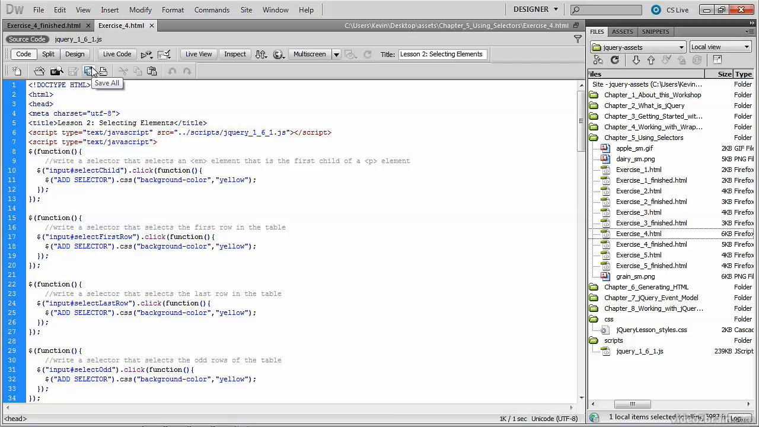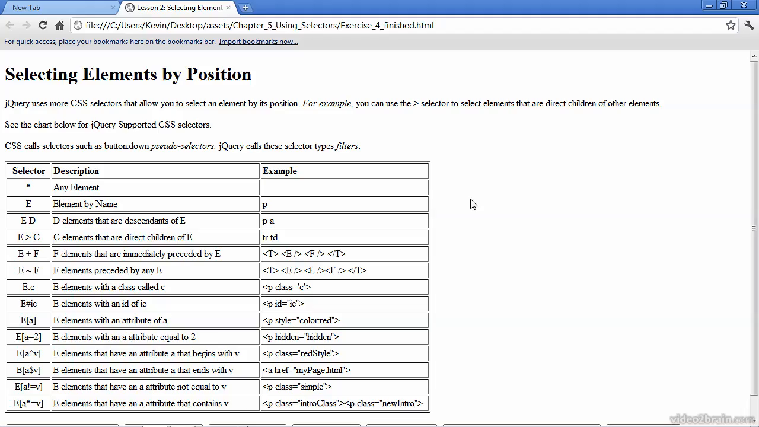In this video, we'll examine how to make selections based on an element's position within the web page. You'll need to open up exercise_4.html, which is inside the Chapter 5 Using Selectors directory. I've opened the finished file in the web browser, and you can see that it's similar to the starter file